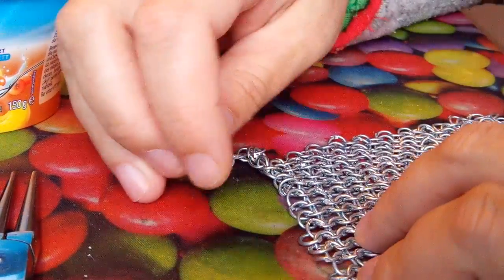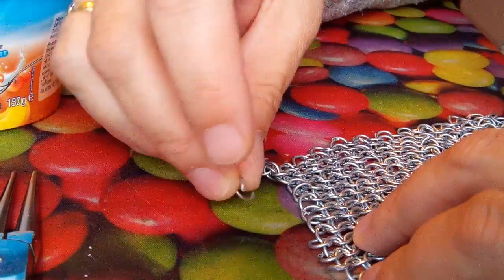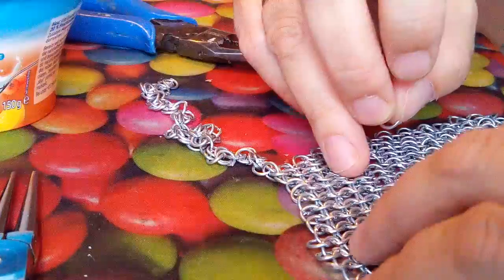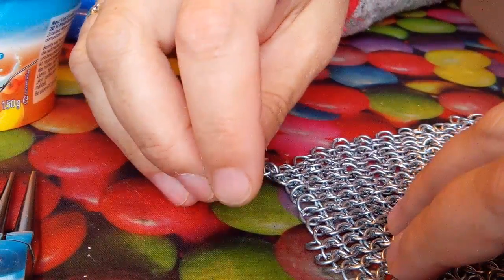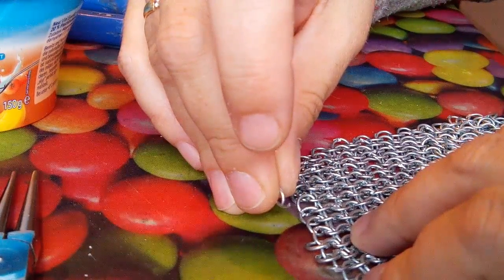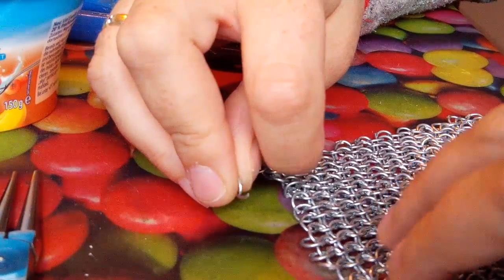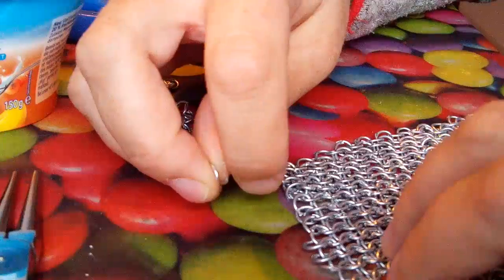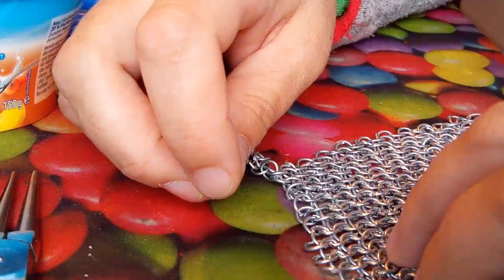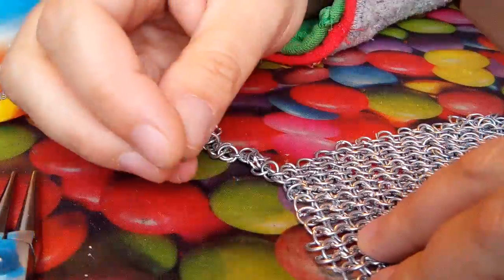This is destined for my BJD battle charger. This means it's a knight's horse, and it will have full horse armor, and the chainmail will go onto his neck to protect his neck. And this is just for the left neck side, so I will have to do the other half, but it will take some time, but now I'm pretty good at mail weaving,